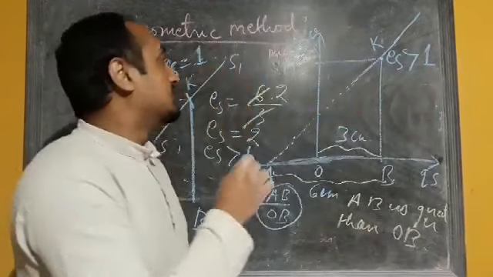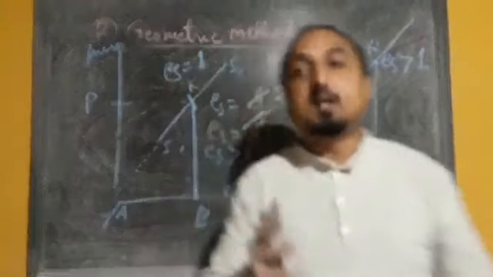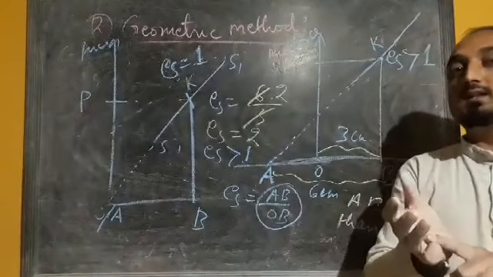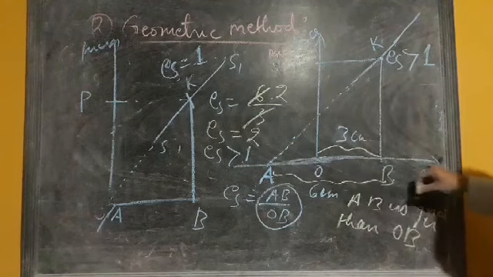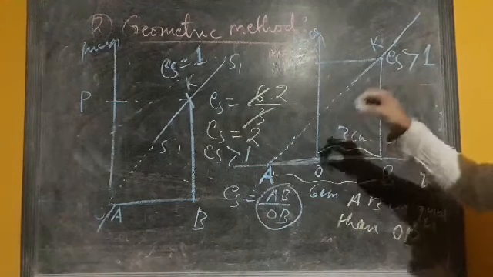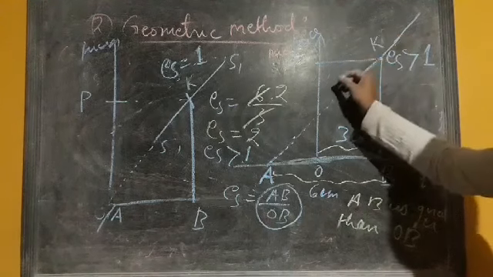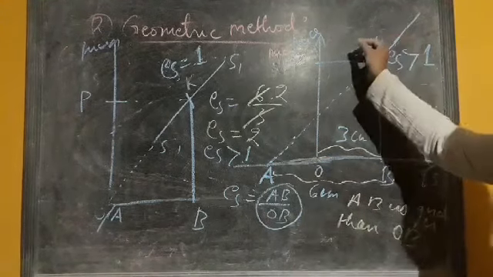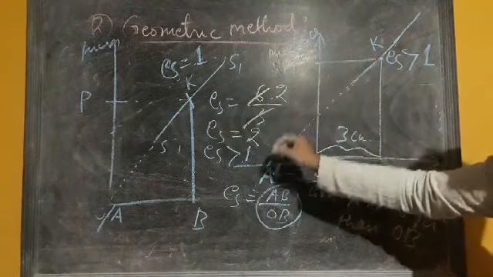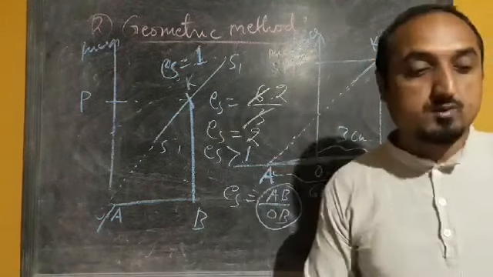So this is the situation of the third case. We have done three cases. In the first case, the extended line passes through the quantity supplied axis. In the second, the extended line passes through the origin. In the third, the extended line intersects the price axis. So we have done three situations.